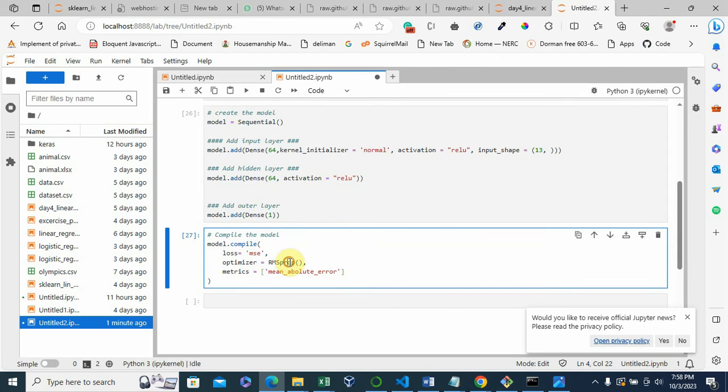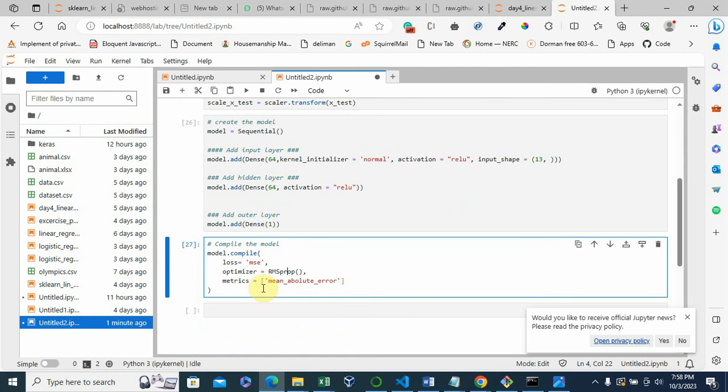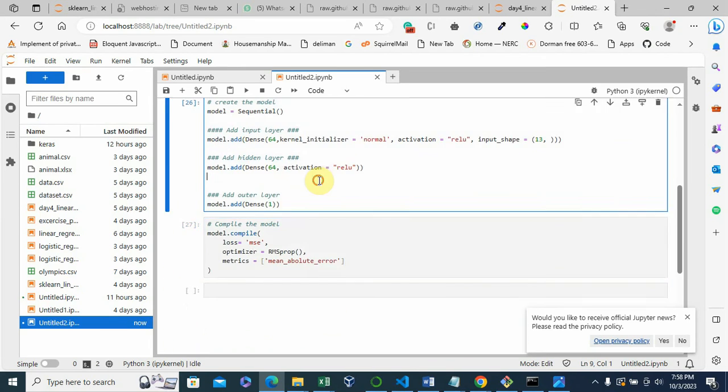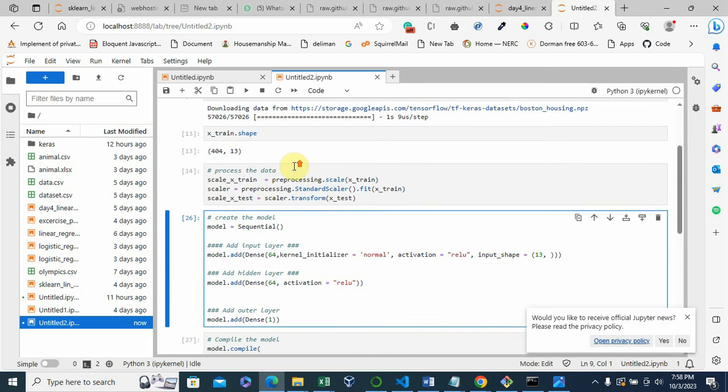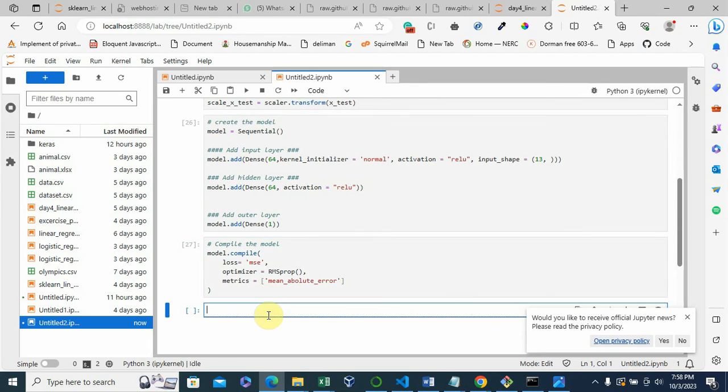So this builds up your model and this compiles it. So the next thing you want to do is to train the model. The model is ready to receive data, training data. You know, so you build up the model, you compile the model. So the next thing will be to train the model. All right, so the training will go thus.